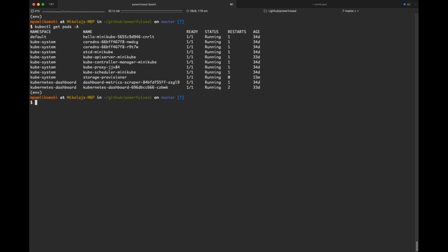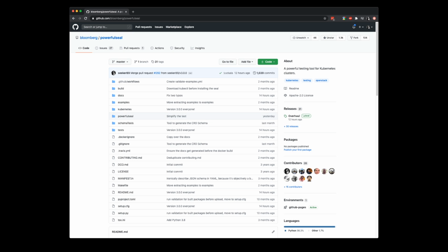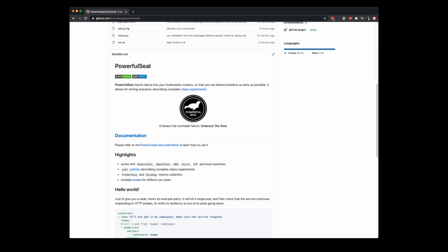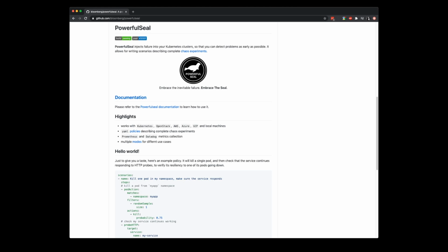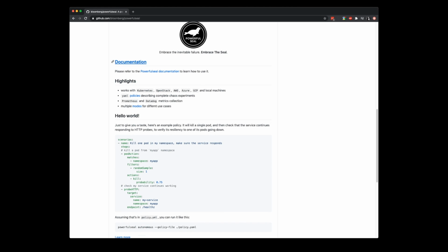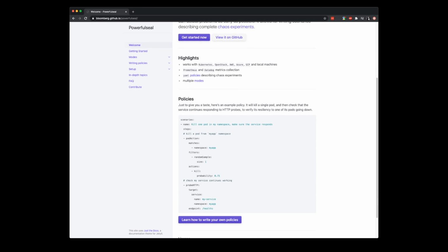And what I'm going to do is use a tool called Powerful Seal. It's something that I wrote a while back, and it's a tool for chaos engineering for Kubernetes specifically. If you've not used this before, I would recommend going to GitHub and giving it a try.